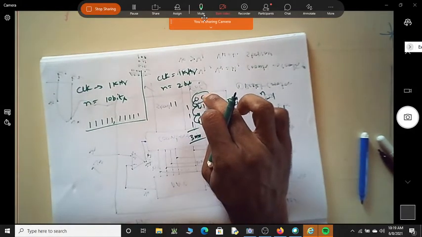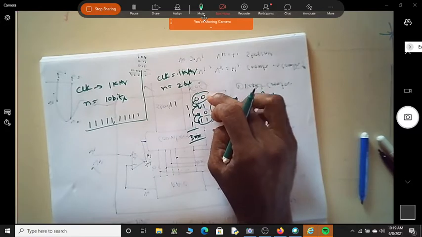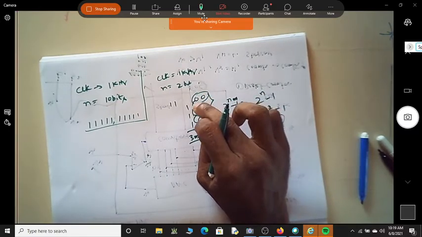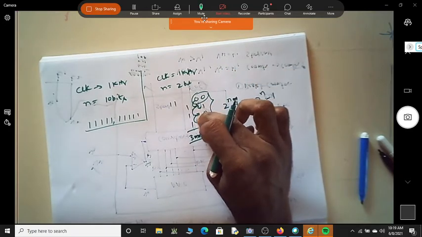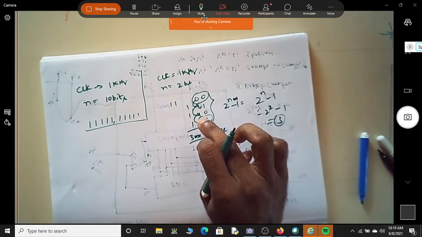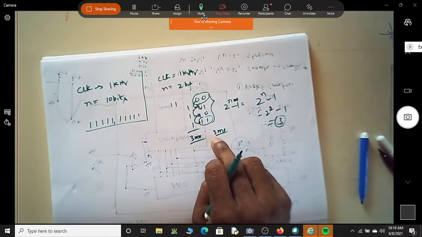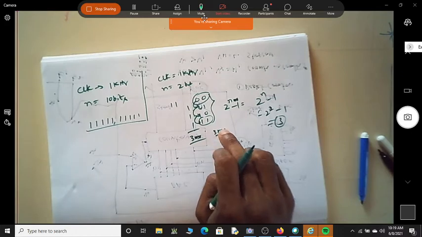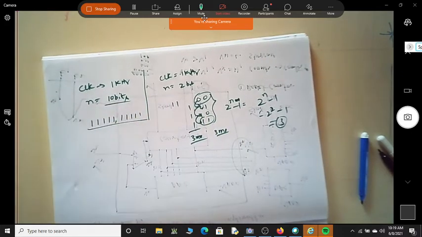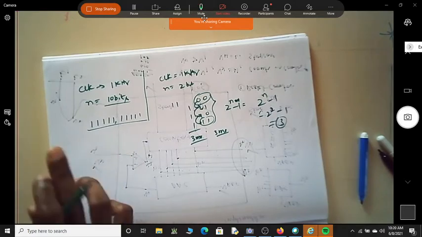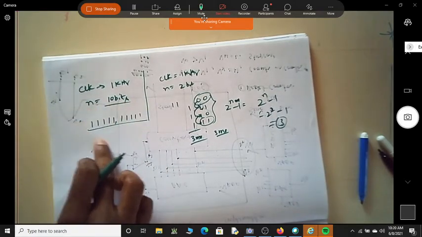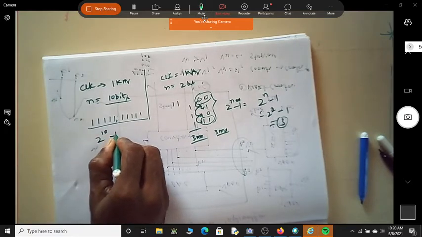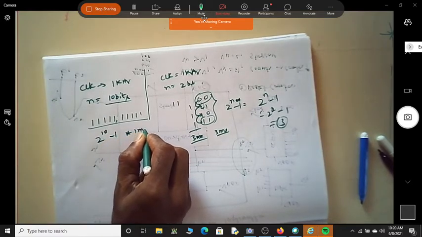In order to get 0, you don't require any time. From 0, how much time is required to get 01? 1 millisecond, 1 clock cycle. Second clock cycle, third clock cycle. At the third clock cycle you get 11. Do you require 3 milliseconds? Yes, sir. Now, likewise, if it is 10 bits, what is the time required to get all the bits as 111? Is it actually 2 power 10 minus 1 into 1 millisecond?